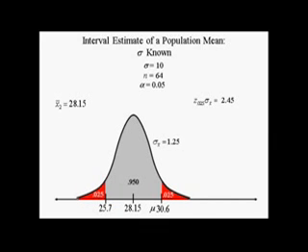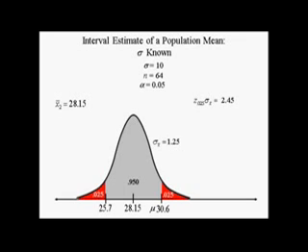The distribution of the sample mean is normal. Its standard deviation is still equal to 1.25, and the confidence level is 0.95. It is now centered at the sample mean of 28.15 because the population mean is unknown. The bell-shaped curve slides to the left until it's centered at the second sample mean of 28.15. Again, students oftentimes believe this means the probability of the population mean mu being between 25.7 and 30.6